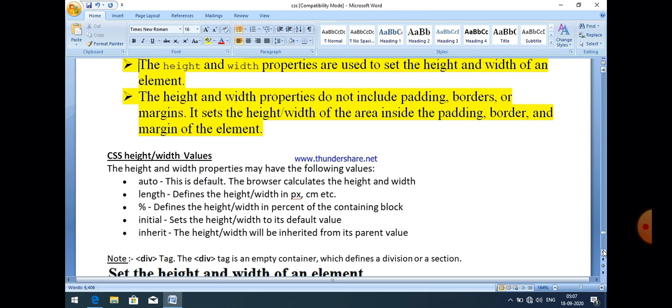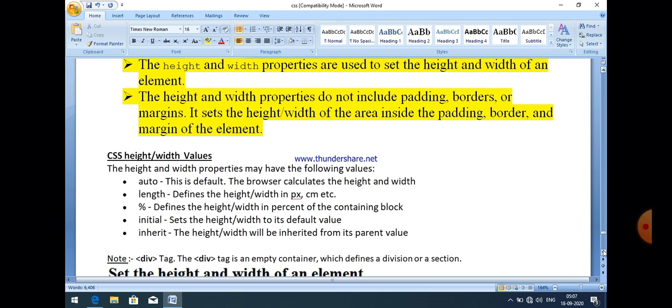So different height and width values are there. There are basically five values which are used to declare height and width: auto, length, percentage, initial, and inherit. Auto is the default, and the browser calculates the height and the width automatically. Second is length. Length defines the height and width in terms of pixels, cm meaning centimeters, etc. Percentage defines the height or the width in percent of the containing block.